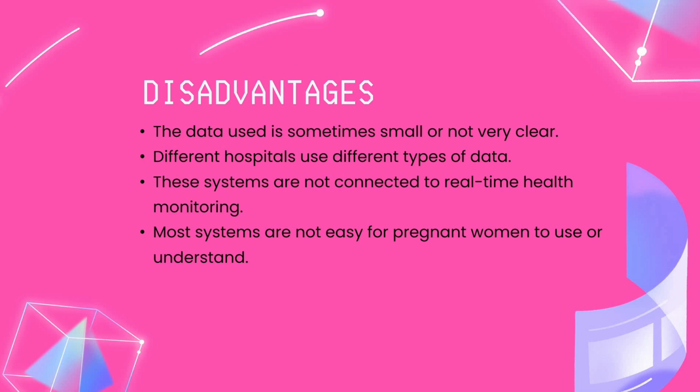Different hospitals have different types of data. For example, a woman from Tamil Nadu has different data, and a woman from Punjab has different data. Their food habits are completely different, so their sugar levels and BP are completely different. So we have to group them together to form a better data set, which is common for all of India as well as the world.